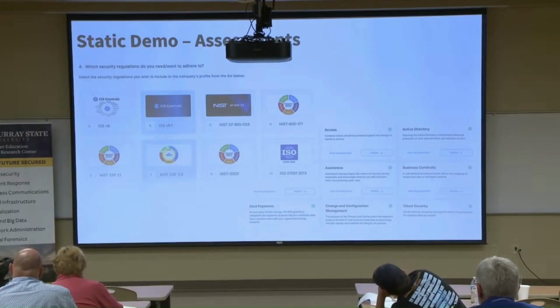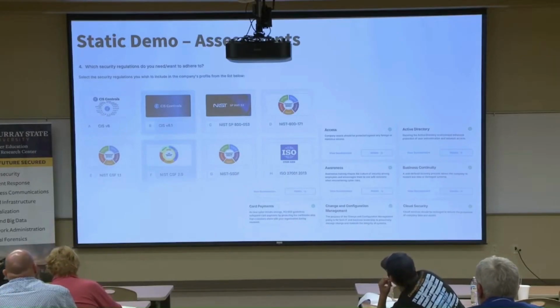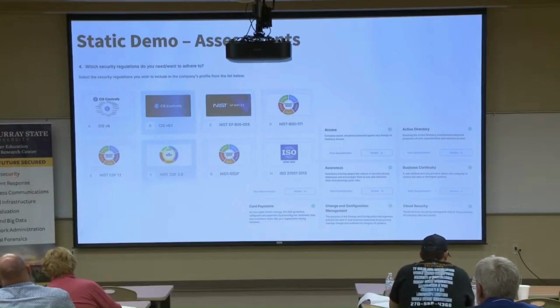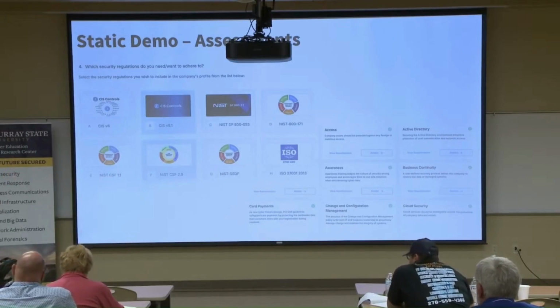And there's, of course, AI algorithms on the back that help decide how this thing is put together. So we may say, okay, well, what frameworks do you align with? Do you have compliance frameworks? So we may be able to say, oh, okay, we're going to choose CIS 8.1, we're going to choose NIST CSF. Maybe they are a CMMC level 2 site. We can choose all those because on the back end it's going to harmonize, going to bring it all together.